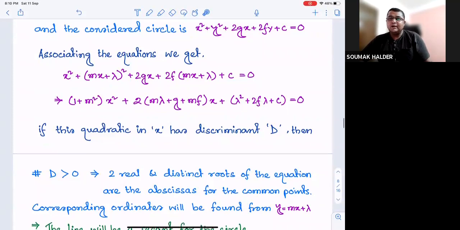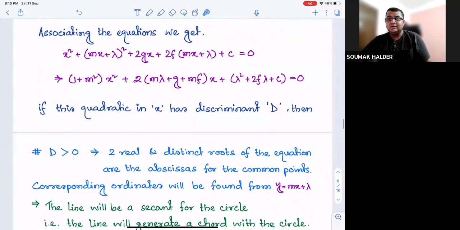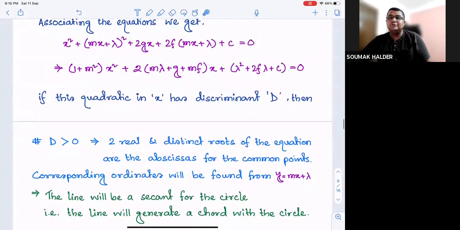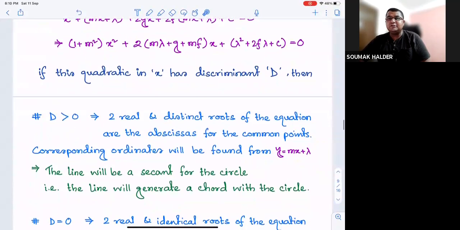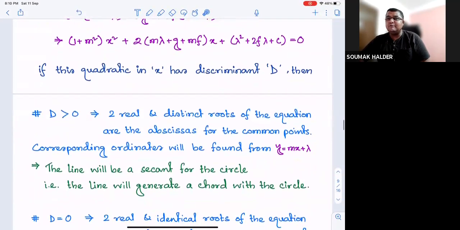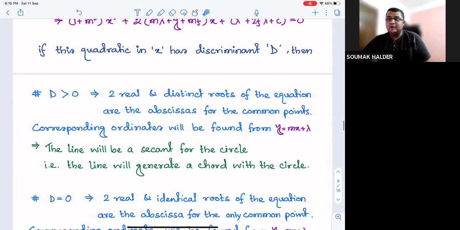Okay. As such, in that case, we can confirm that the line will act as a secant for the circle, or equivalently, we can conclude the line will generate a chord with the circle because they do have two distinct points in common. Now, if discriminant is 0, then the quadratic will have two real but identical roots, and hence